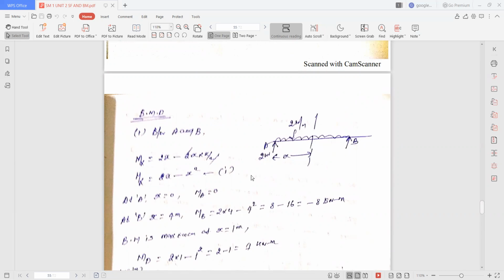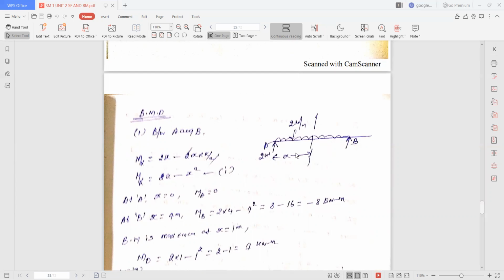Therefore, this 2 into x, clockwise direction towards the section you consider, plus 2 into x, since 2 is acting here at perpendicular distance x. And minus 2 because downward, minus 2 into x is acting at the center, so x by 2 distance. From here to here is x by 2, therefore minus 2x into x by 2. The 2 and 2 get cancelled, so x square. Therefore 2x minus x square, so moment at x equation is